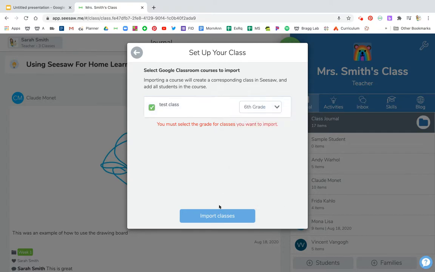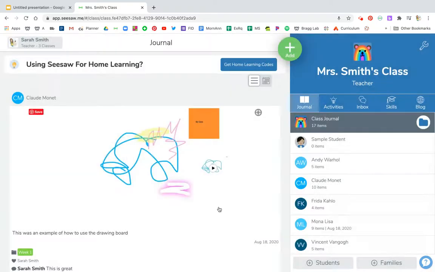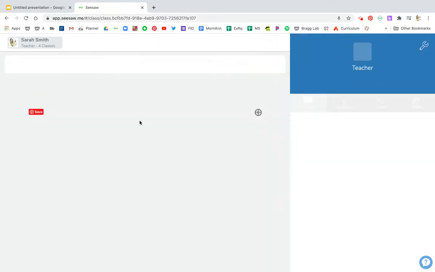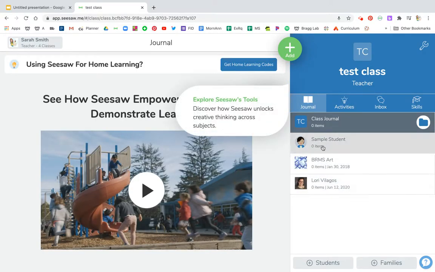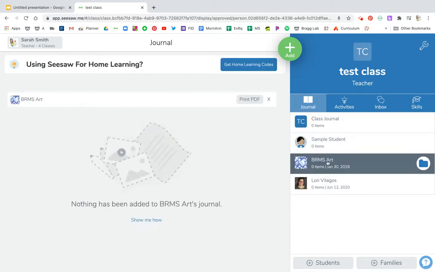Let's say they're 6th grade. I'll be able to bring in all of those students. I actually had our teacher help me out here to be in a test class, so it brings in all of the students already. All they'll have to do is type in,